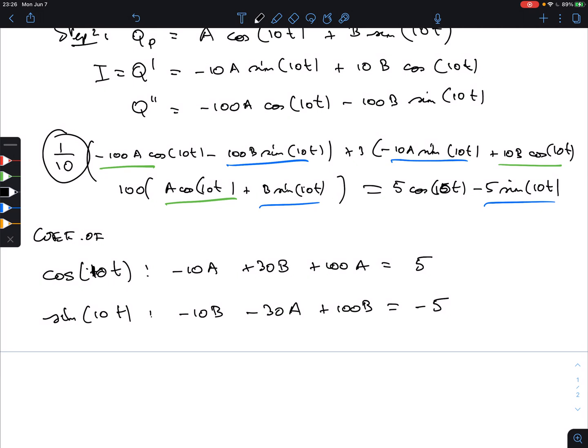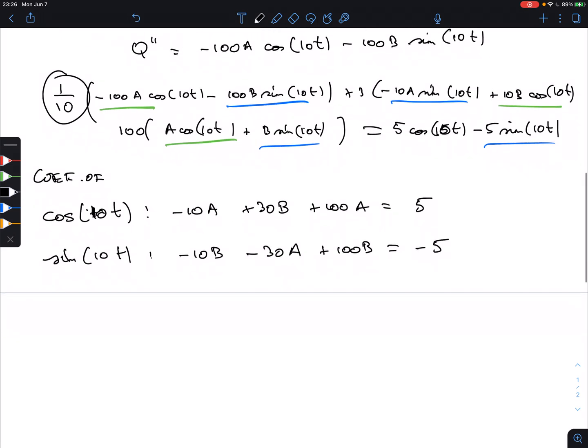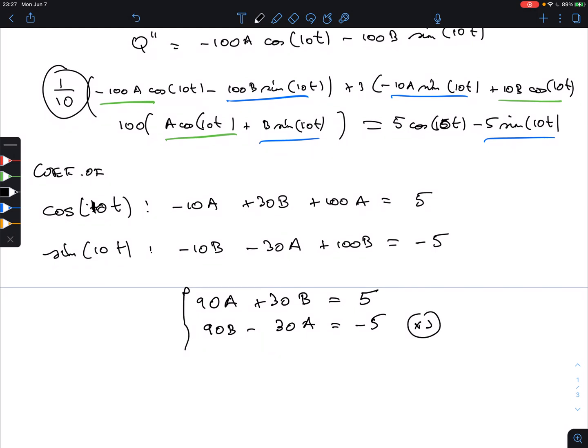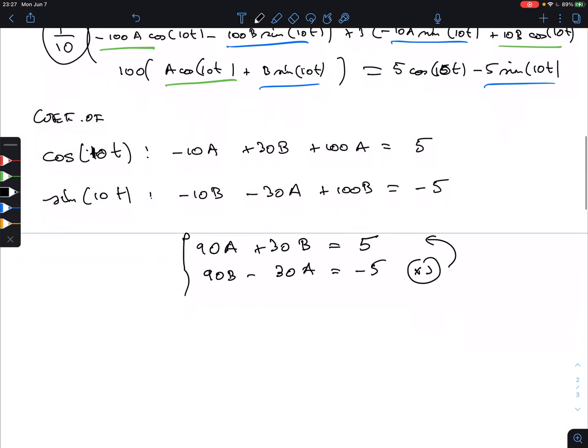Okay? So what can we do here? Well, we get 90a plus 30b is equal to 5, and 90b minus 30a is equal to negative 5. So we see the method of elimination works pretty well. If I multiply this with 3 and add it up there, then the a's will cancel. So the a's will cancel, then we have